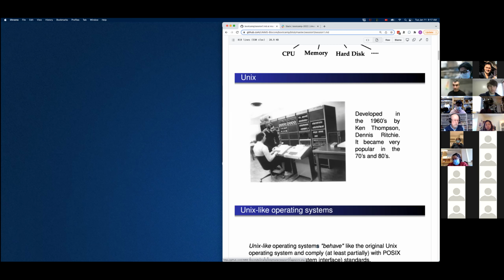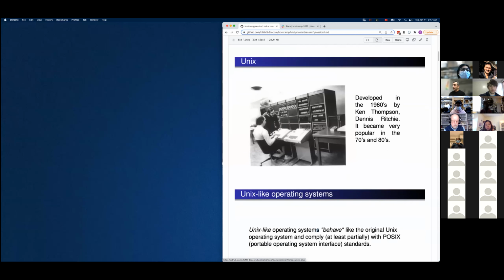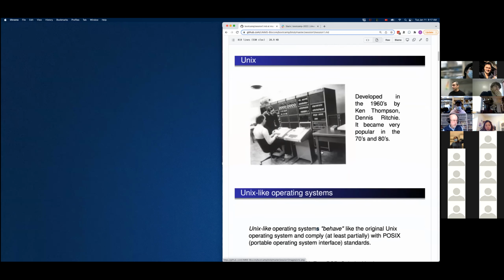And of course, not just by these two people, they had a very good team. They used these terminals with a keyboard to communicate what they wanted from this mainframe computer, and their operating system Unix was translating that to the machine.